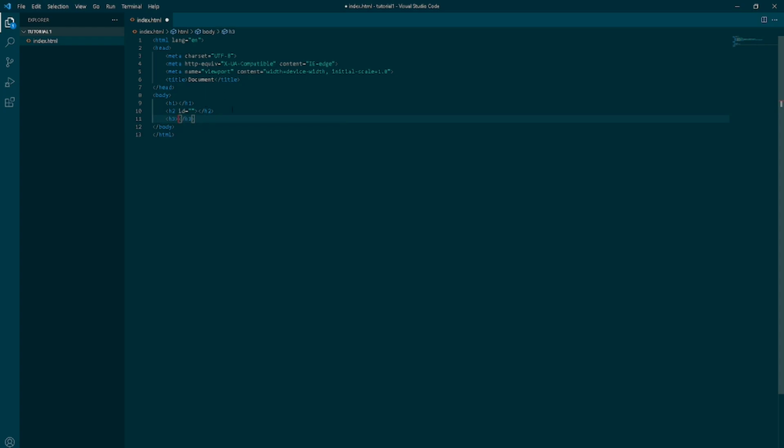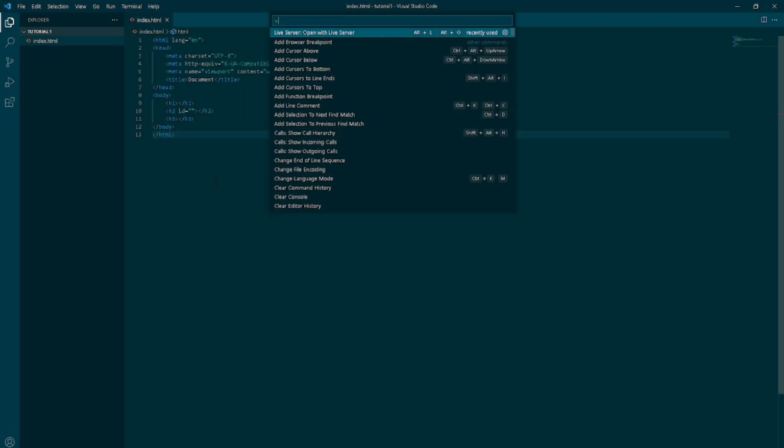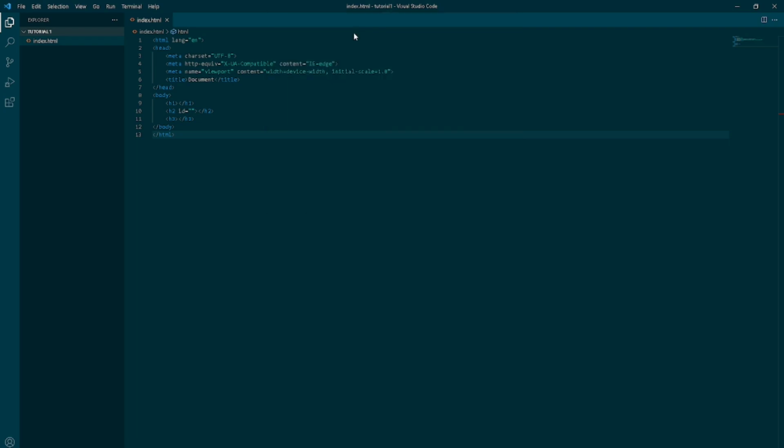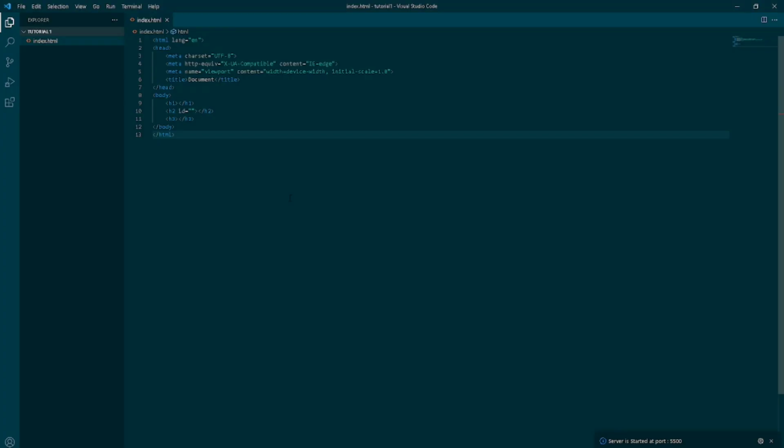Then I'm going to press Ctrl S to save the file, and then press Ctrl Shift P, and then open a live server. If you downloaded the live server element, this would be automatic, so make sure you download that before you start. And then I'm going to click, and as you can see we've got our live server right here. So when I go back here and press Ctrl S, it's going to update,